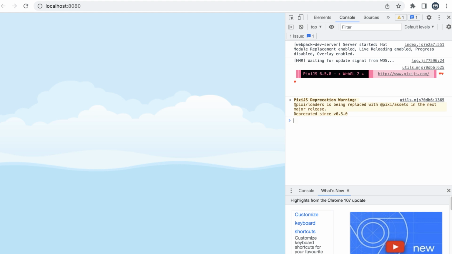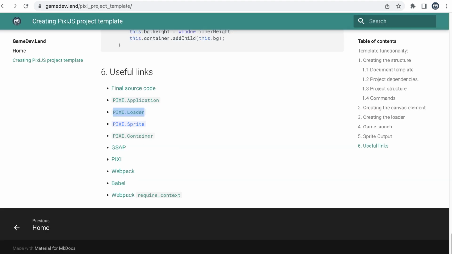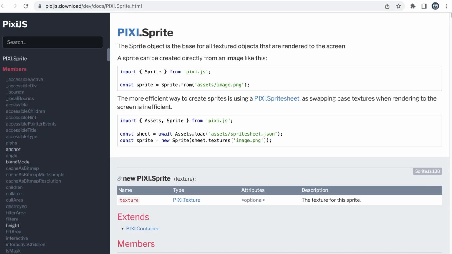Okay, great. So we will improve this code later and add some more functionality like management of scenes, states, and so on and so forth. Read the documentation of this tutorial, follow the documentation of PIXI, and